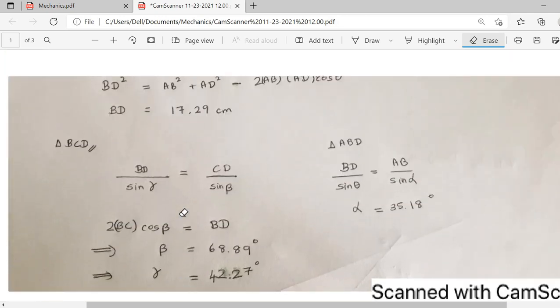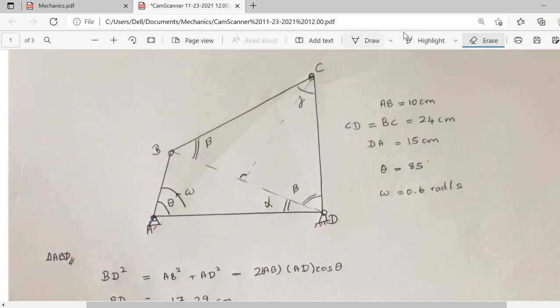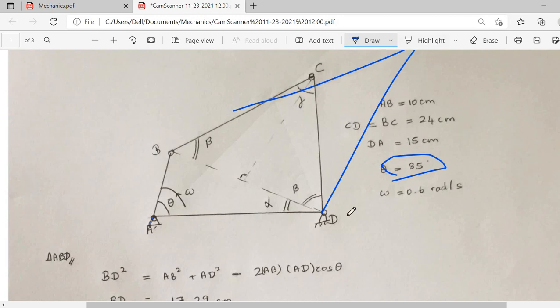For that, I am going to use the velocity of AB. As I have already mentioned, I need to find the value of this velocity of C. But according to these values, the main thing is it seems like 90 degrees. Be careful, it's not 90 degrees. Actually, if I take this theta as 85, as I need to find the velocity of C for theta equal to 85, it would be a little bit over on this side, so it might be like this.